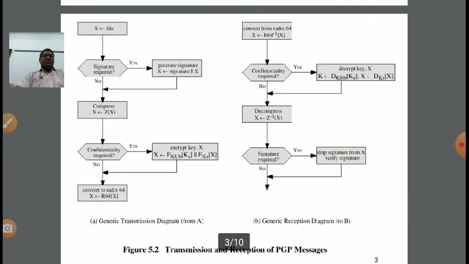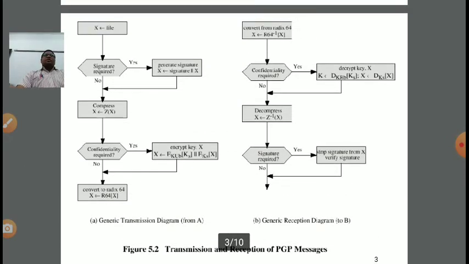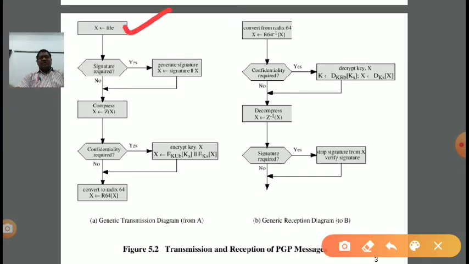Clear? Again I am summarizing. In the PGP protocol, first we have the original file. If digital signature is required, clear, integrity and authenticity need to be ensured, then we apply digital signature, DSS or SHA algorithm.